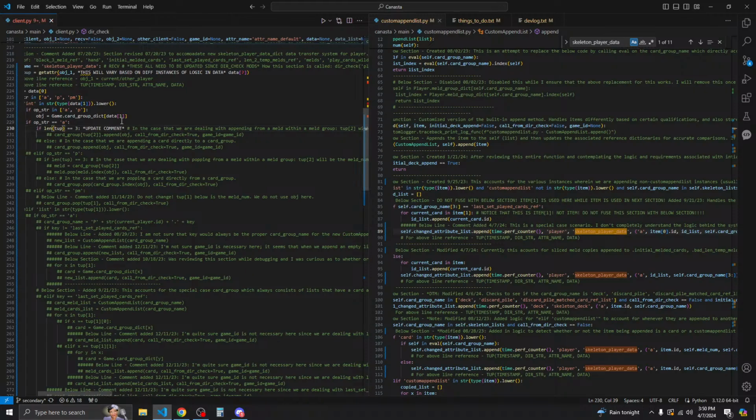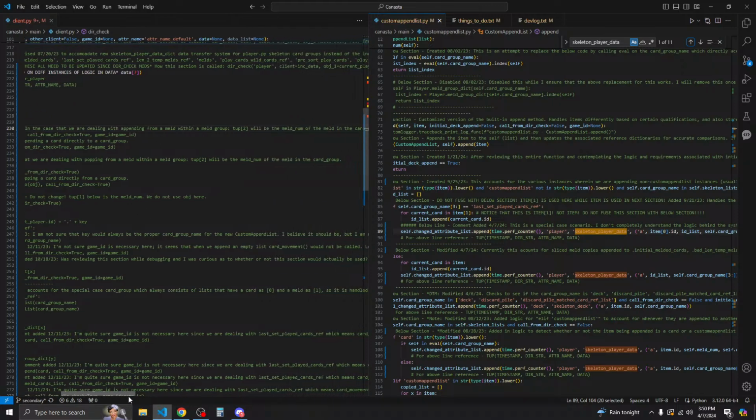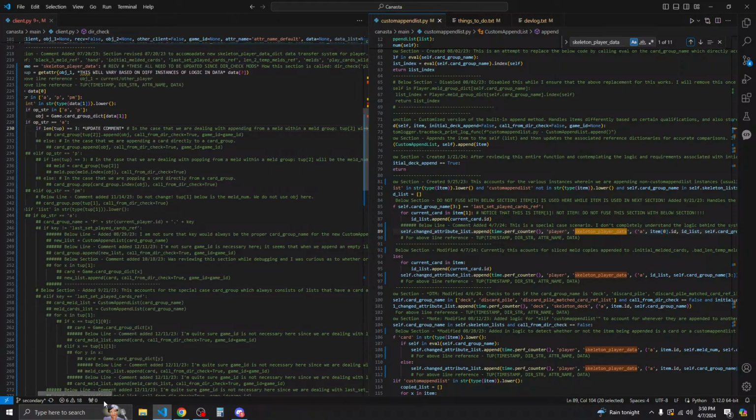So this is for if it's A and the length of the tup is equal to 3. This is when we're dealing with a pending from a meld within a meld group. Tup2 will be the meld num of the meld in the card group.